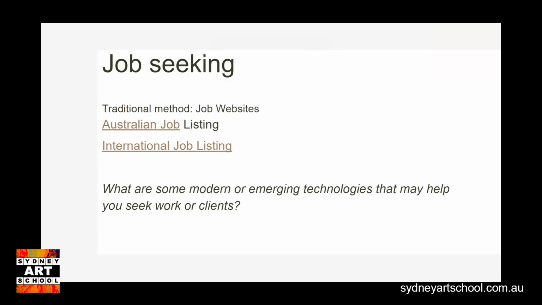Social media. Social media. So we've already talked about that one a bit. Just flat out advertising your availability on social media. Definitely. That's one way to utilize social media, just straightforwardly advertising your availability. But what would be some other ways that you can use social media to seek work, get clients or otherwise make money?